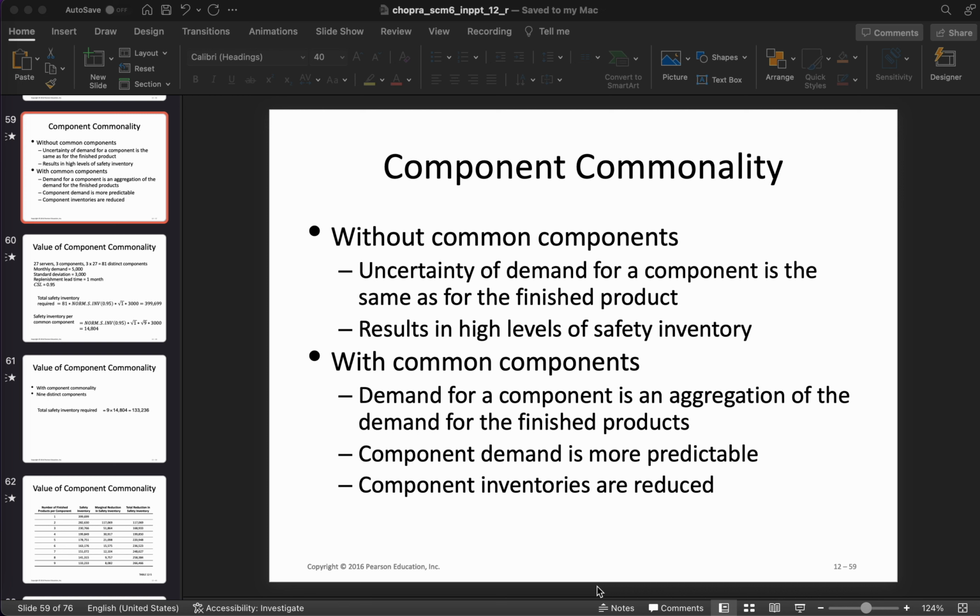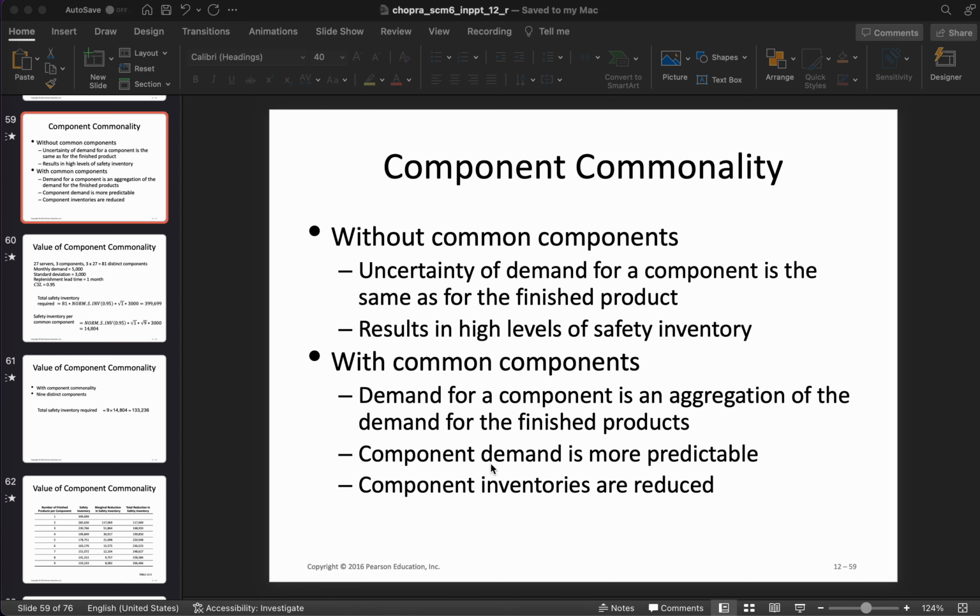Okay, hi, hello everybody. Welcome to this video in a series of videos on safety inventories. In this, we'll talk about the idea of component commonality and how component commonality impacts the value of aggregation